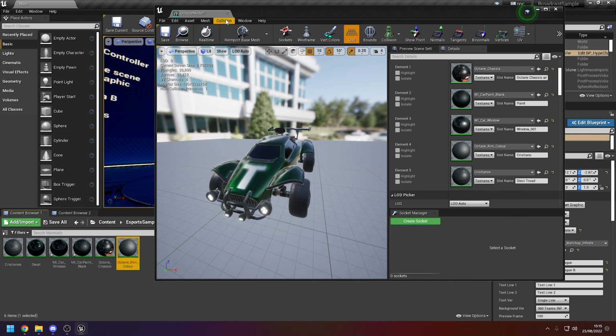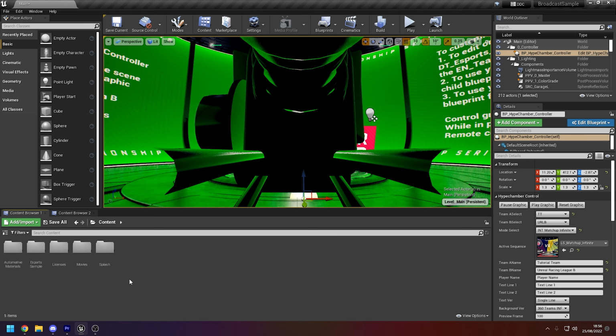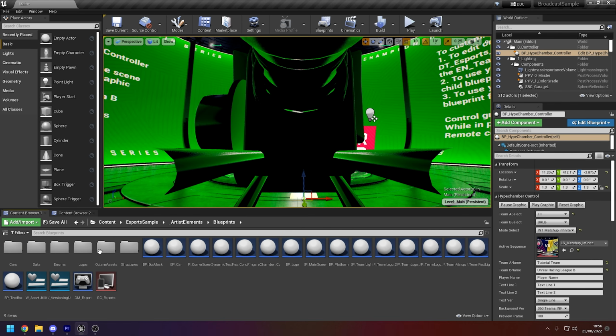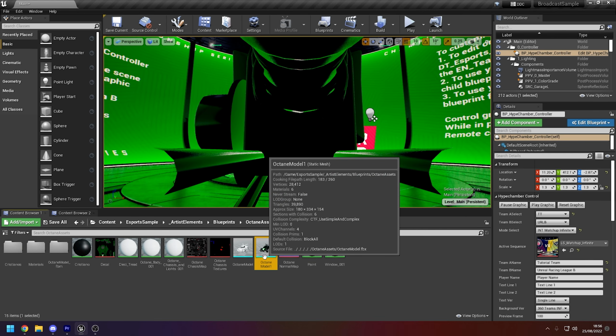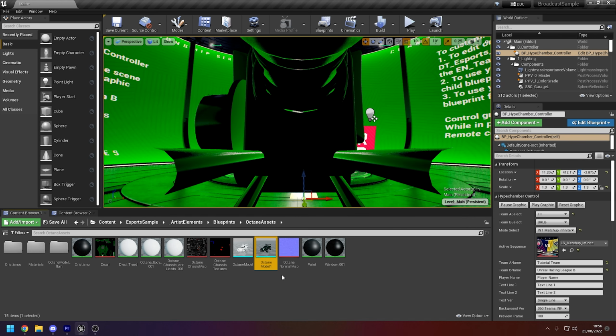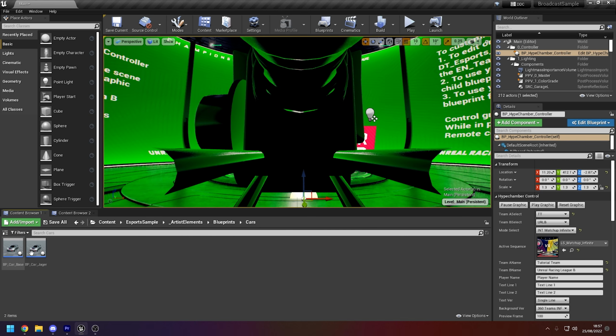Now we can just save the model, close out of it, and move on with replacing the Jager. Alright, so the first thing that we need to do is head back to our Octane Assets folder, which just as a reminder is in Content, then Esports Sample, Artist Elements, Blueprints, and then here we have Octane Assets. Then we need to copy our Octane model, so you can just do that with Ctrl-C. Then step back one to Blueprints, then click on Cars, and then use Ctrl-V to paste it in the Cars